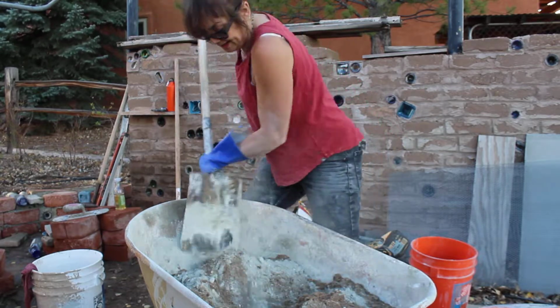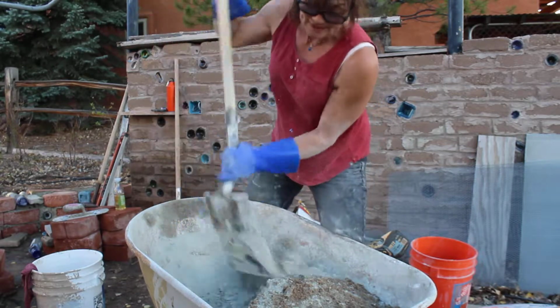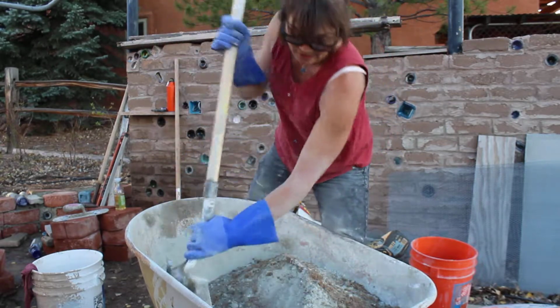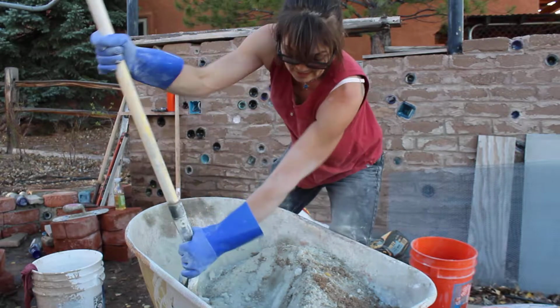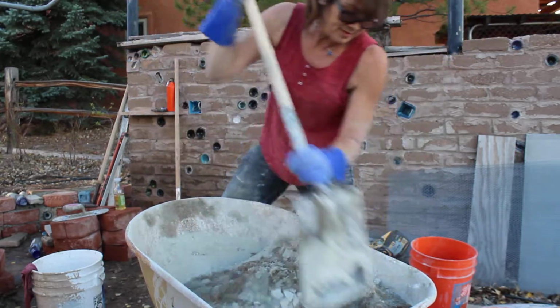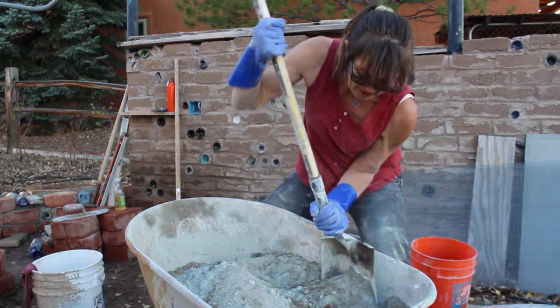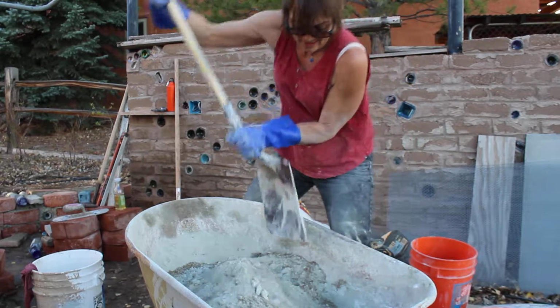And this is a big, like I said, a batch and a half, because it goes really fast once it's mixed up in my project here. So trying to... with the heavier, you can't really swish it back and forth. You gotta...